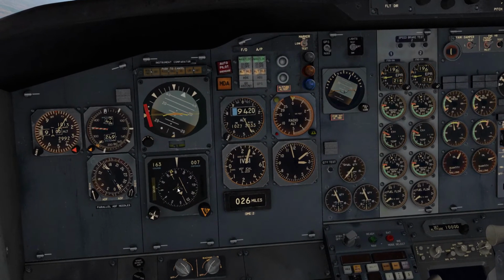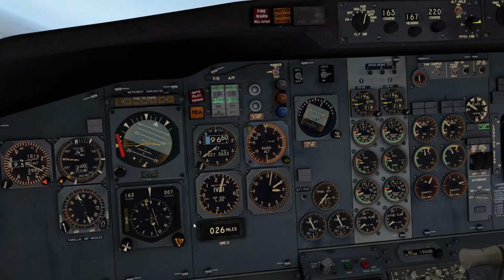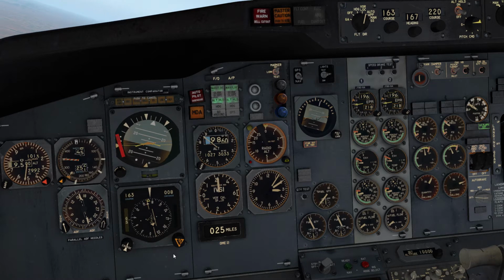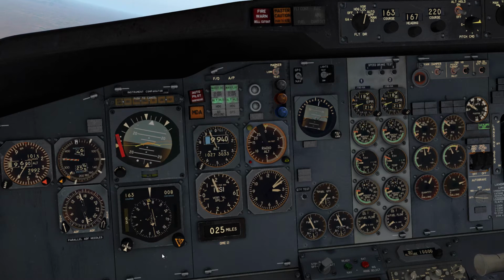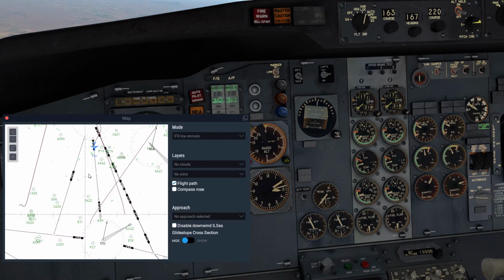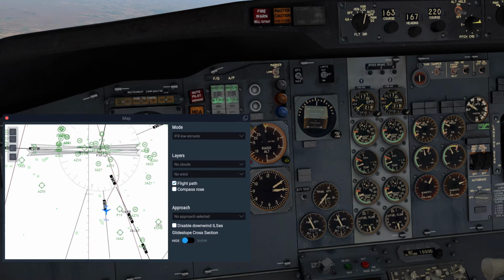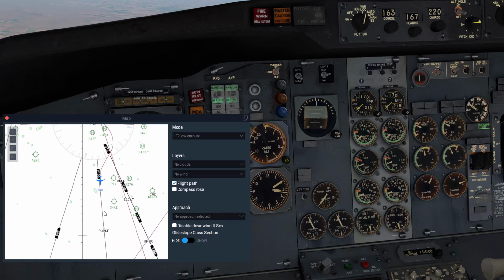That means we're going to track either the VOR course or a localizer course. Right now we've got a VOR tuned, so it's going to track the navigation VOR. Leveling 10,000 feet. Alright, so if we look at our map, we can see that we've departed Phoenix now, and we've joined Victor